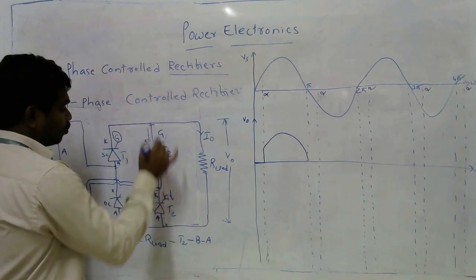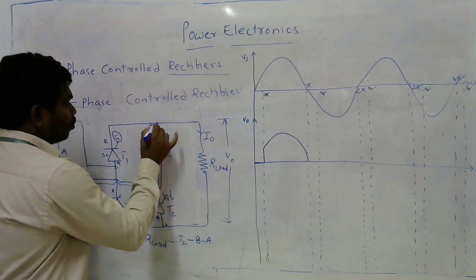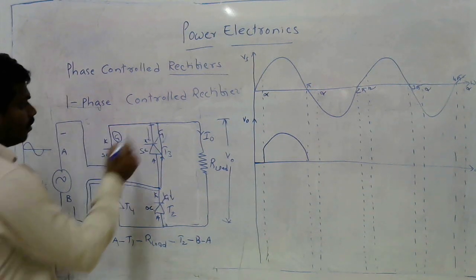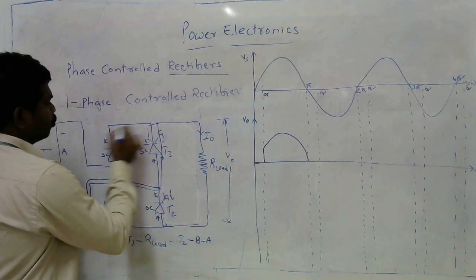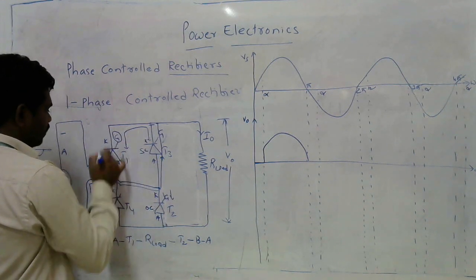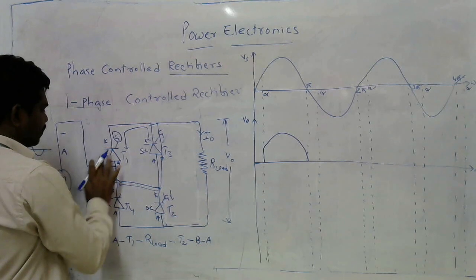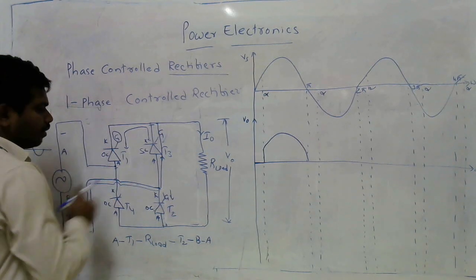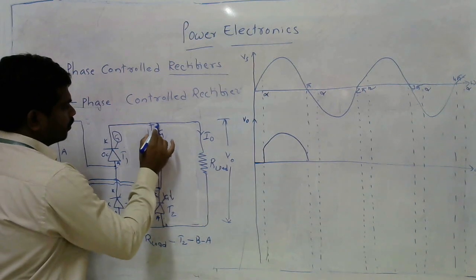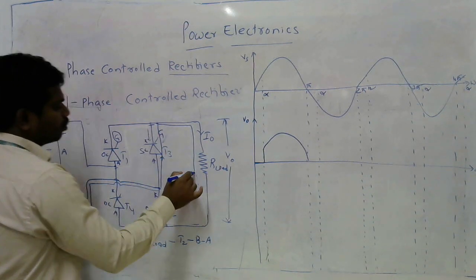Then the current is coming to this node area. Again, there are two paths. If the current comes like this, it is reverse biased, so it is going to be open circuited, and the current doesn't come this side. The only option is that it must go this way, to the load side.